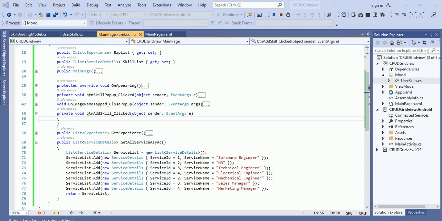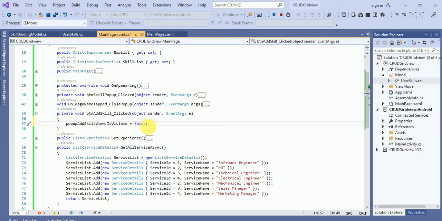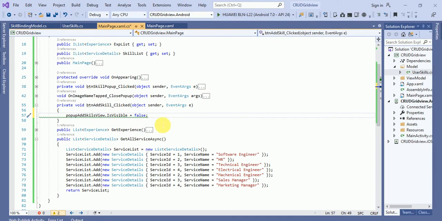Okay, so let me copy and paste few lines of code. So first once we will add the skills, then we have to disappear this pop-up, and few things I'll let you know step by step.